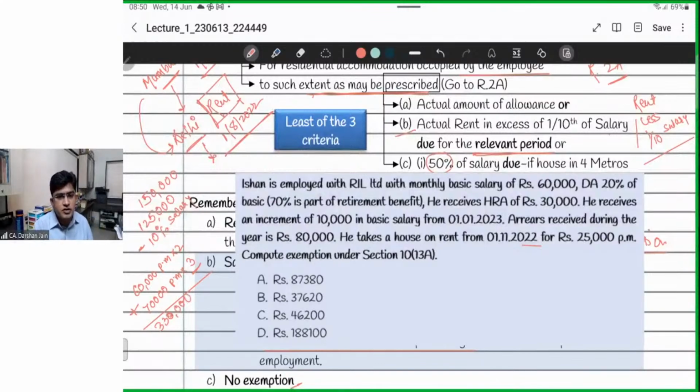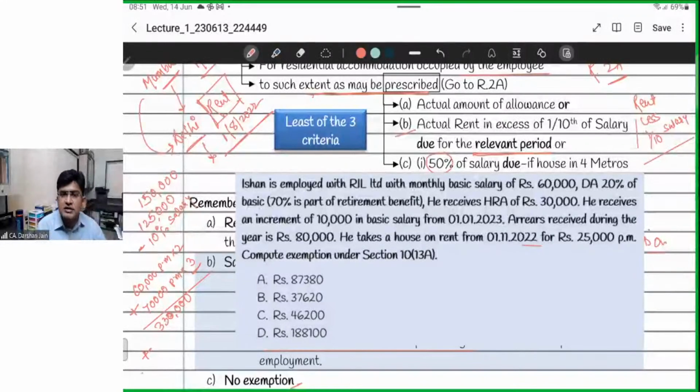20% of this is going to be my dearness allowance. But out of that dearness allowance, only 70% is going to form part of my retirement benefit, or is provided out of the terms of the employment, and therefore only DA that forms part of the salary for the purposes of computing retirement benefit or provided in terms of employment would be included. And therefore I add to this,